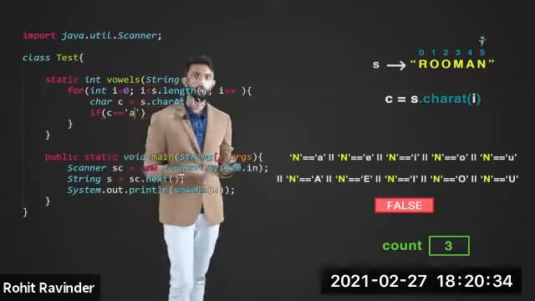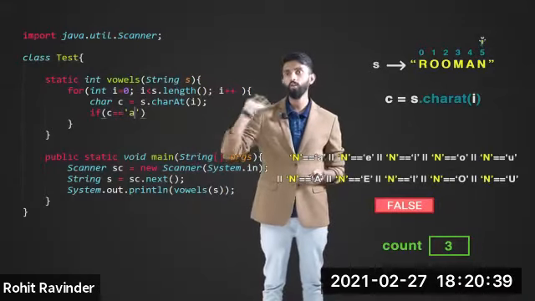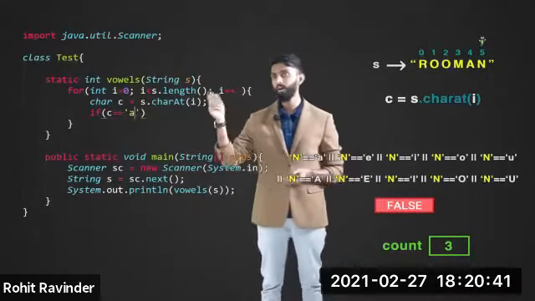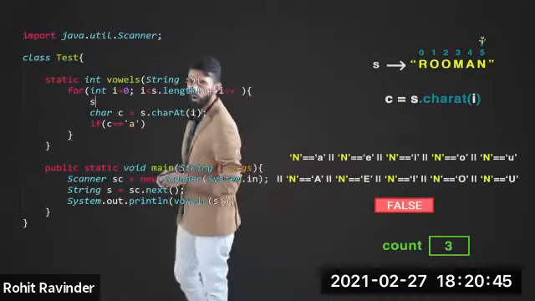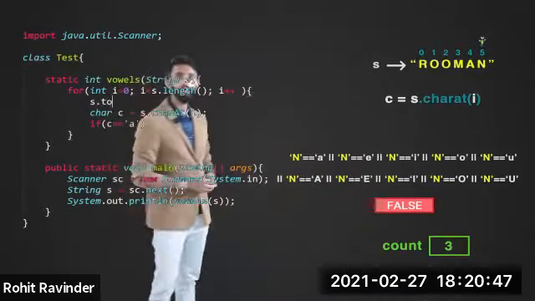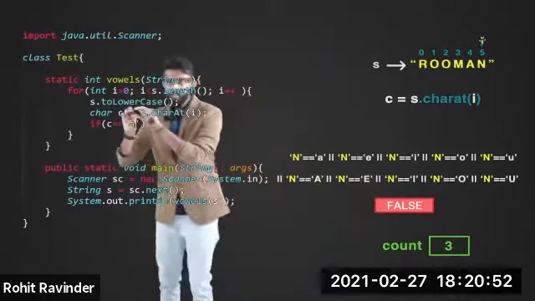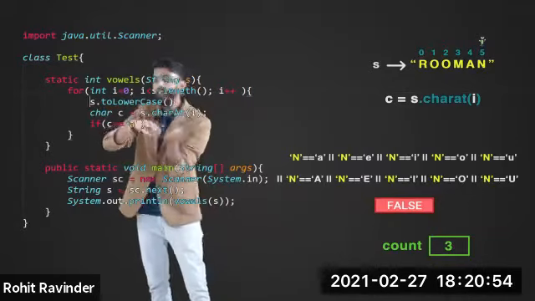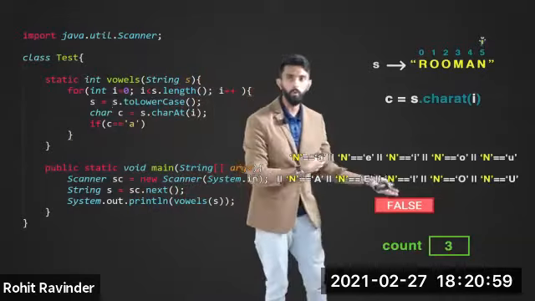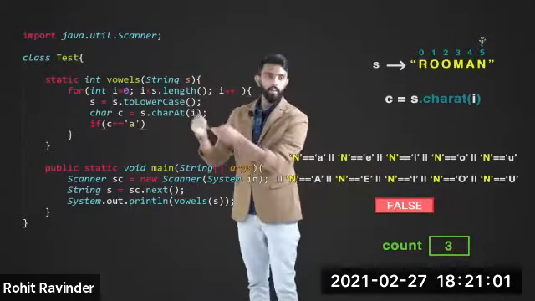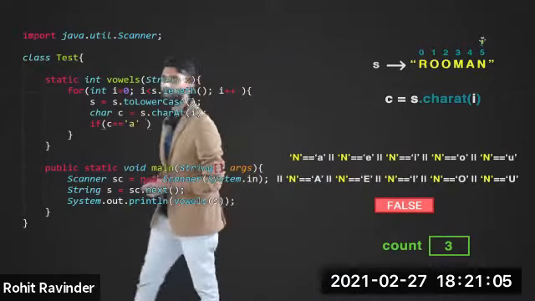Or let us make it even more simple. Before finding the character, I will just convert yes into all lowercase so that we have to write just one condition. So before that, I'll just tell yes dot toLowerCase. And once it converts all this to lowercase, that is what my string should be, so I will reassign it to yes. I'm just showing you both approaches. If you do this, everything is lowercase, then you only have to check lowercase conditions.